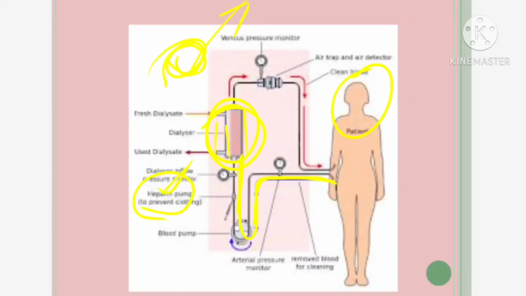Here actually, what does the kidney do? They filter, isn't it? So, the filtration takes place. They are filtering the waste materials. After the urea and all is filtered, the pressure and all is maintained, and the pure blood is pumped into the patient's body. Through the veins it is moving into the body.